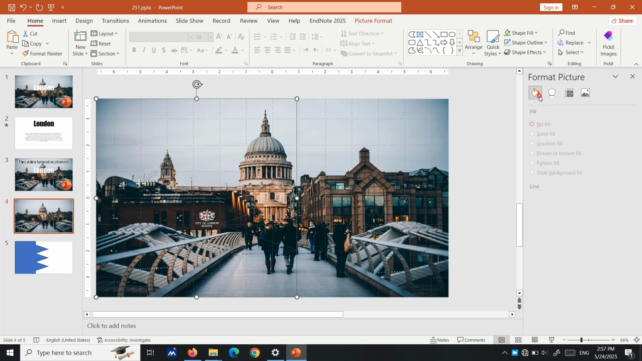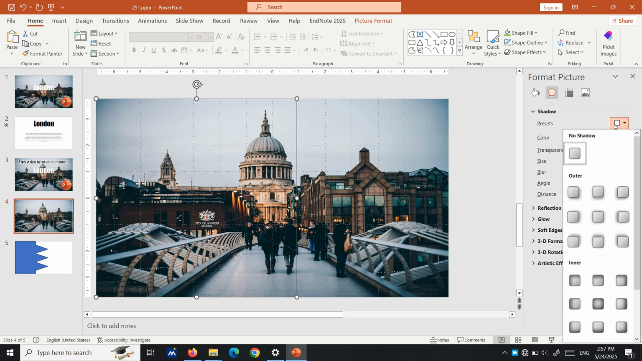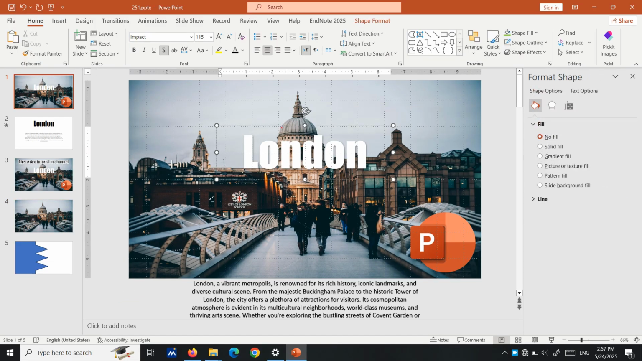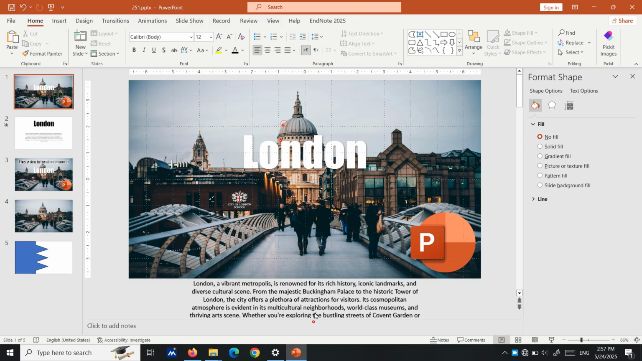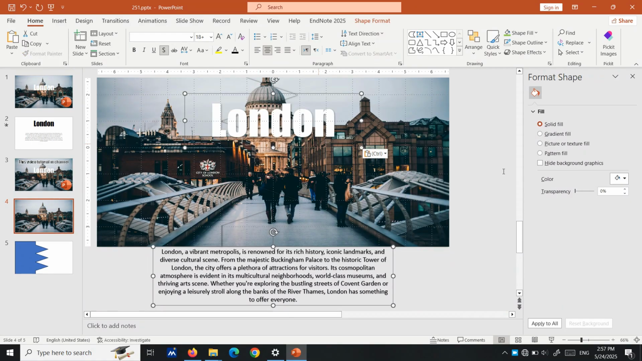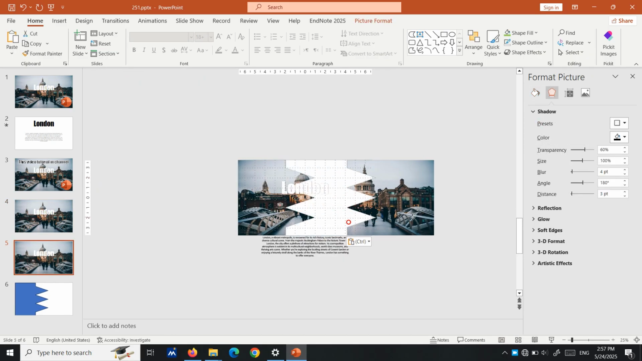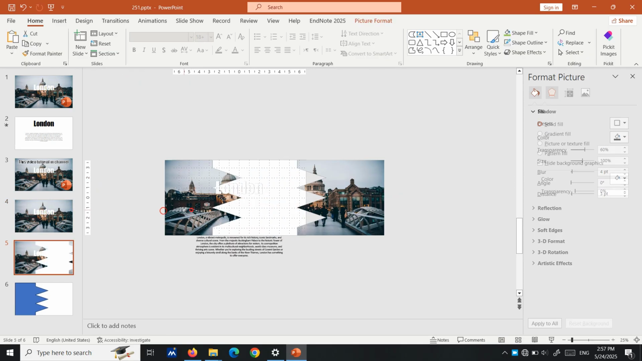For the shadows we are going to this picture needs some shadows. We are going to give it a right shadow and we are going to give it a left shadow. And then we are going to paste the text, copy both texts, paste them here, then copy this slide, bring it out,